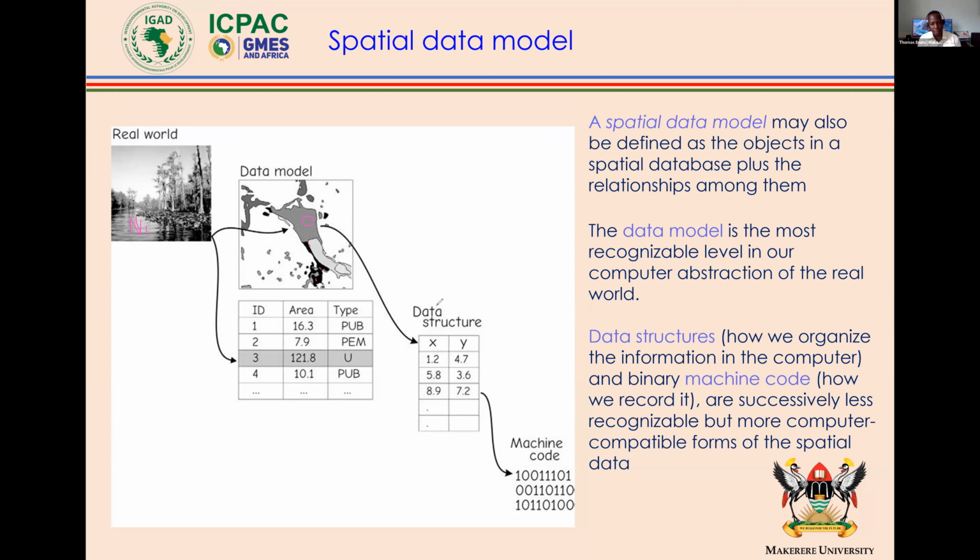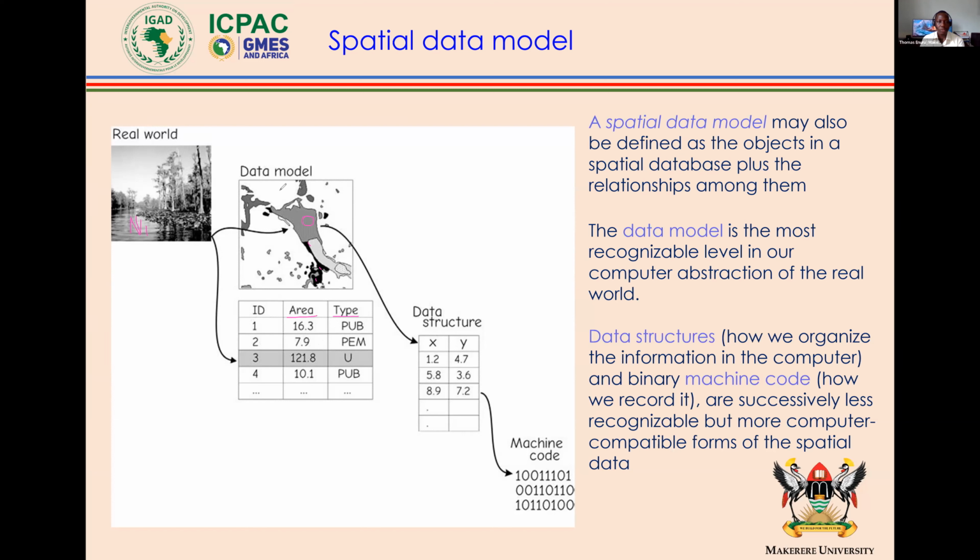The coordinates about this water body. In addition to having the coordinates, the X and the Y, it also has attribute information. And this attribute information could be something like an area of the water body, or maybe the type of chemical that is found in the water body. Okay, so all these components that you're seeing here